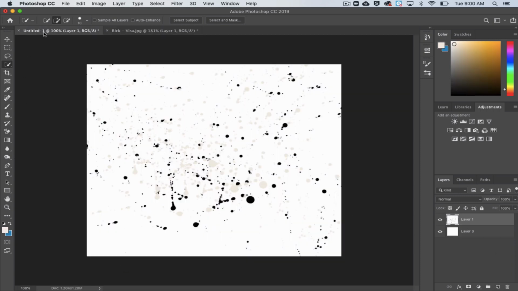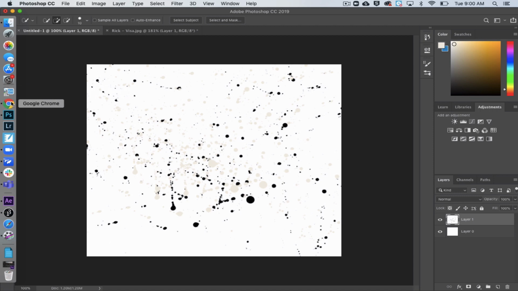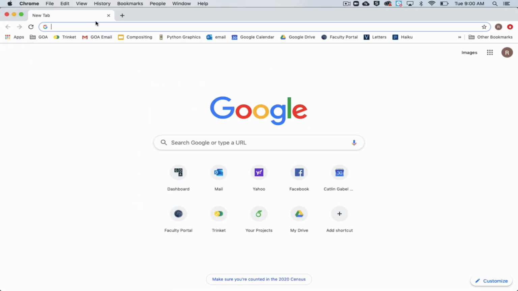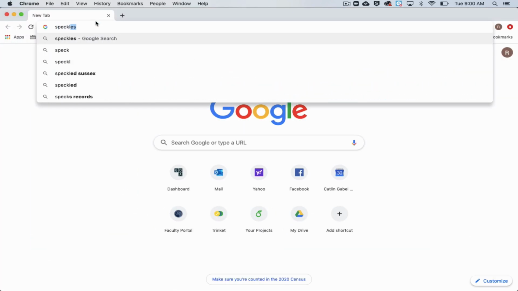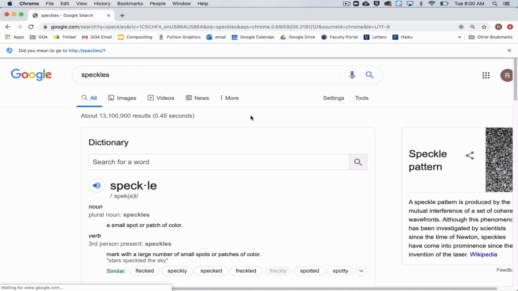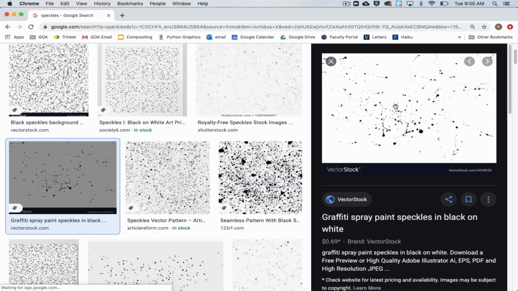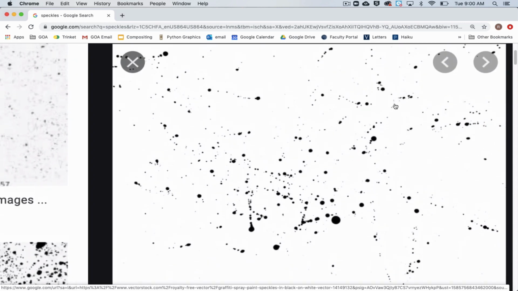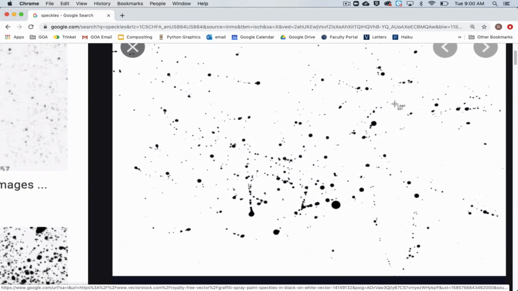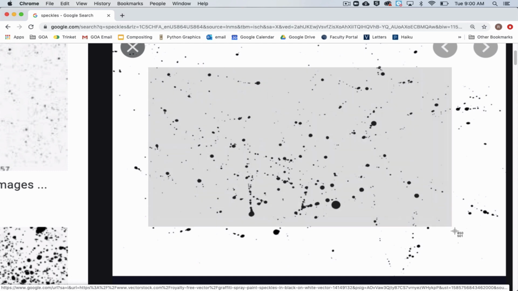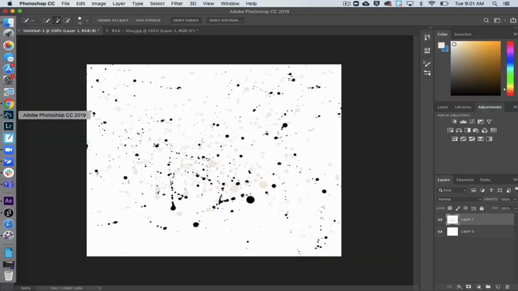Actually, what we need to do first is get a new brush. So right here I have what's called a speckle. I just went over to Chrome and typed in speckles, clicked on images, and I think this is the one I used. I clicked on it and zoomed in. It doesn't need to be a good image, because it's going to end up being a brush tool, so as long as it's got good black and white values to it. Copy,